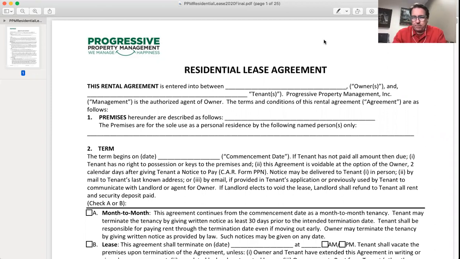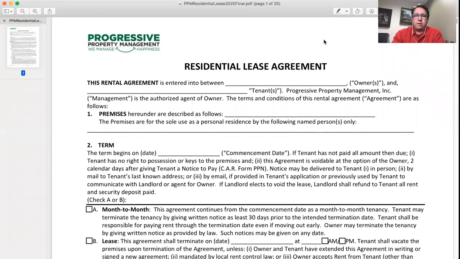So we're going to spend some time here and go through our residential lease agreement. This is for you tenants. Of course, whatever contract you have, you're going to be obligated and you have to abide by those terms. But I thought I'd go through kind of our standard lease and some of the language in here so you feel comfortable with your lease agreement once it comes to you.